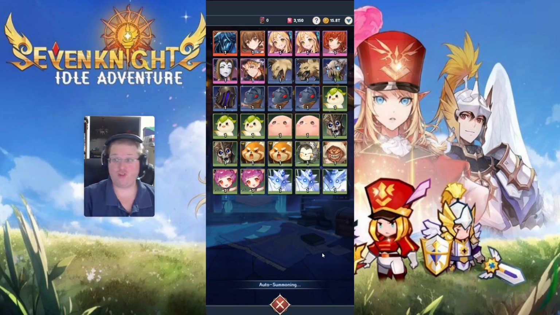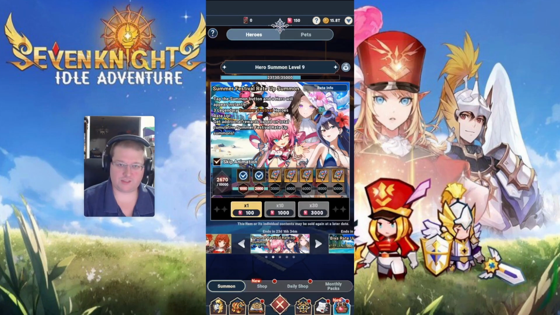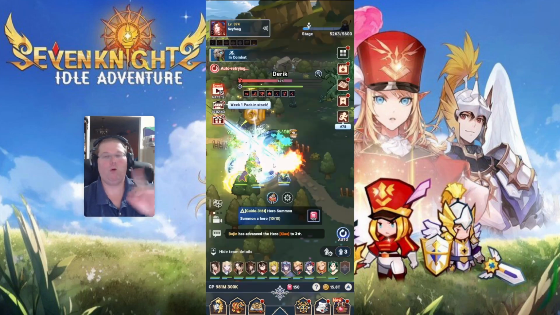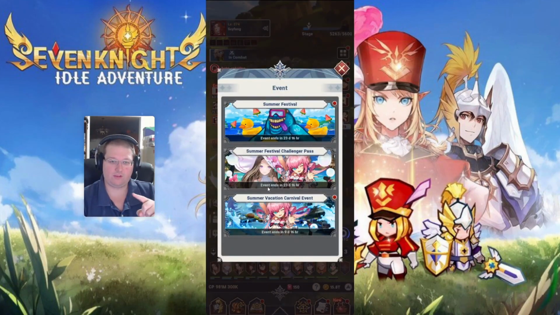Again, there's no other use for the rubies that I found anywhere in any of the systems. So they're just for summons. So don't be afraid to use them because you'll need them for something else. Technically, the one place that's not true, and you'll get towards the end, is some of the events, like the Challenger Pass,